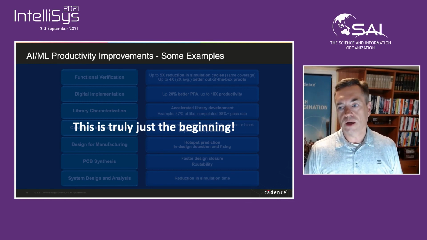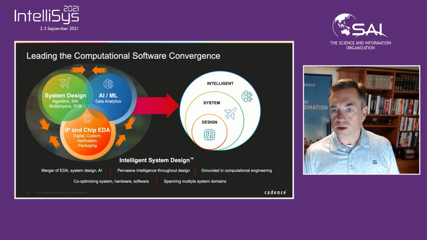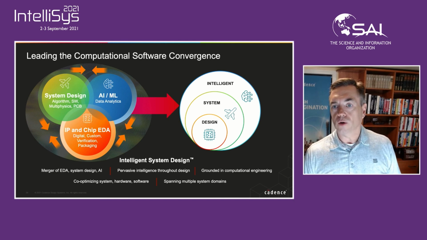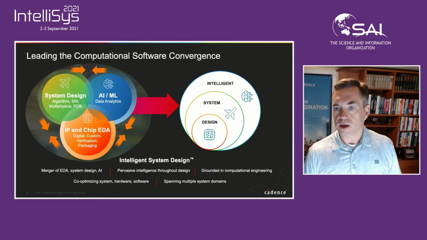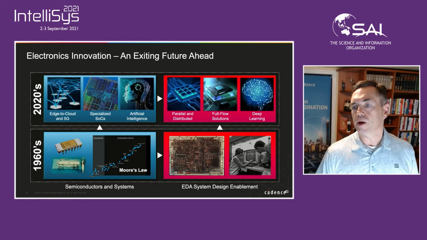It's really just the beginning, and we're at Cadence really involved closely in this convergence here of system design, the classic IP reuse and electronic design automation with the AI ML and data analytics, really coming from the chip design to the system design towards what we refer to as pervasive intelligence throughout, enabling and using AI ML for better